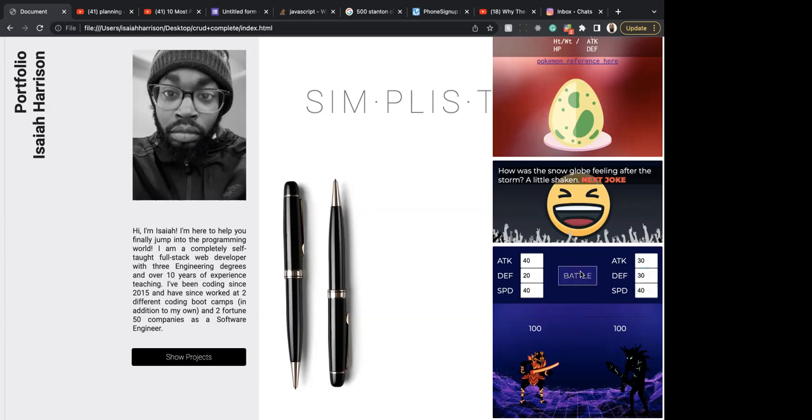When I hit battle, you're going to see something a little bit different. They're actually animating. The first time around, when they were getting hit, I put a red screen. This time I have a small animation, and they just keep battling each other until one of them dies. This teaches how to animate more with CSS and JavaScript also. And as soon as we get a winner here,